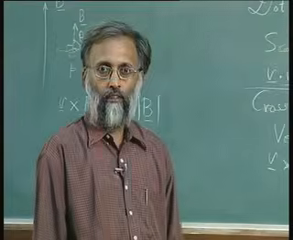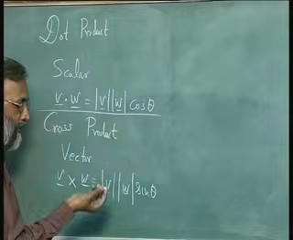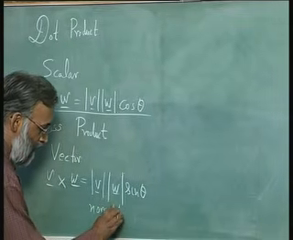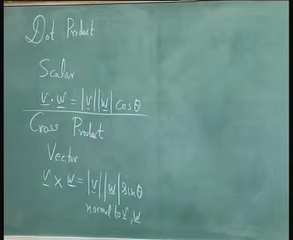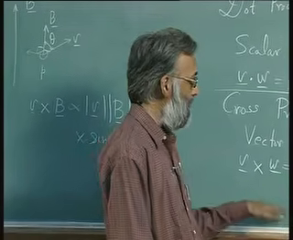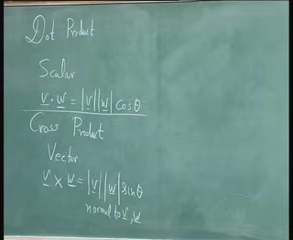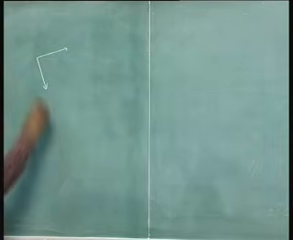and its direction is in the third direction, namely normal to V and W. There is a very important place where this keeps appearing. Supposing we have two vectors which are at right angles,